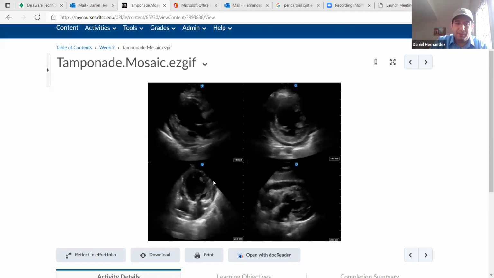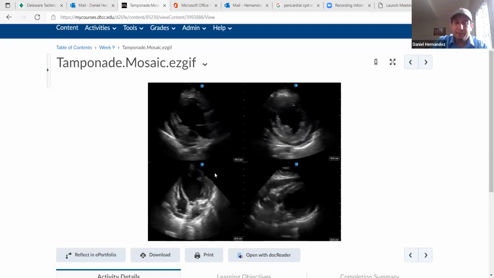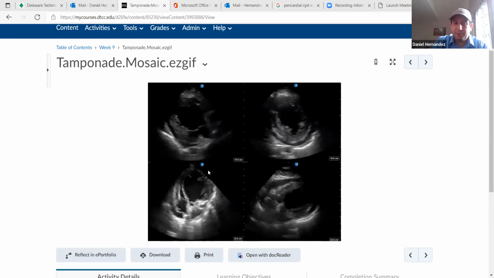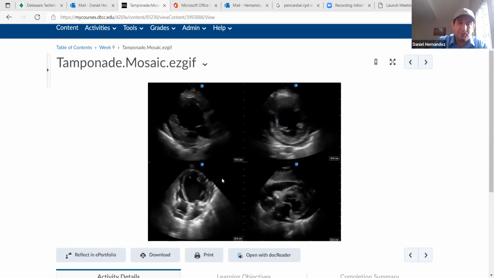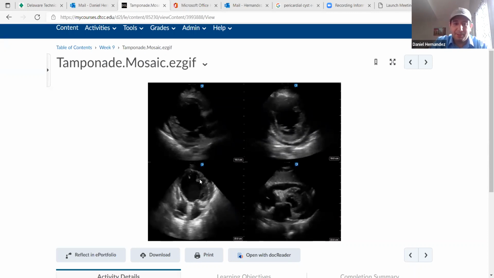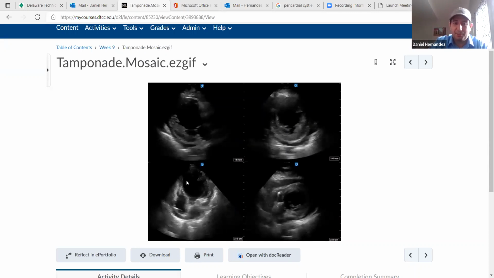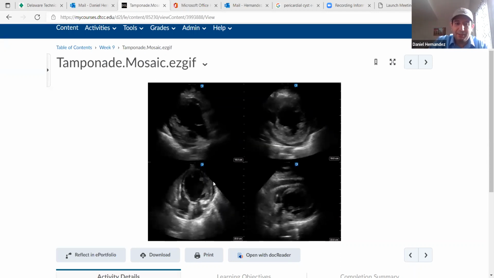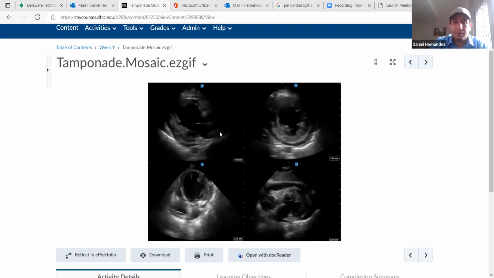If this becomes severe enough, we could potentially wind up with left ventricular diastolic collapse as well. In this patient, it's probably unlikely just because this LV is so dilated that the pressures are probably so high in the LV already because of this dilatation that it may not affect it, but